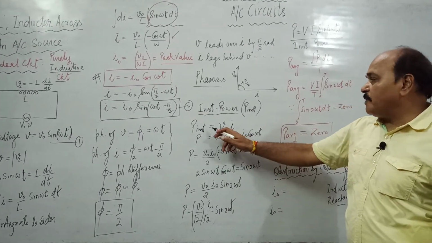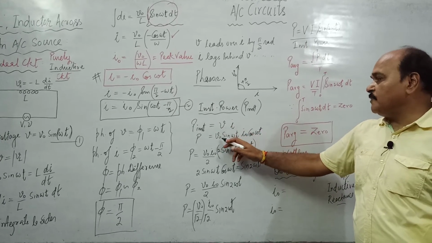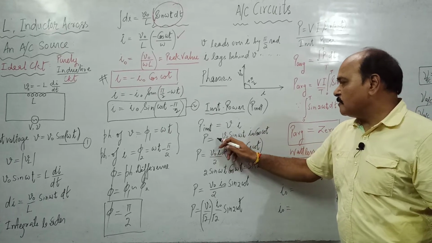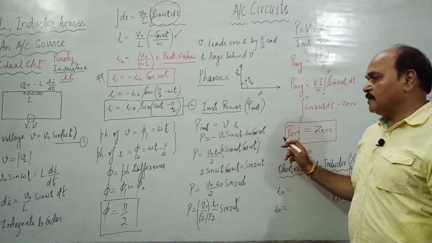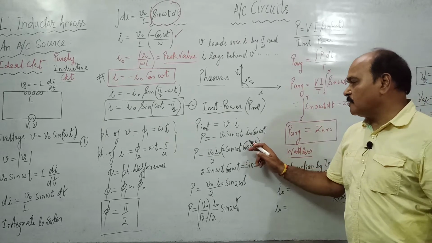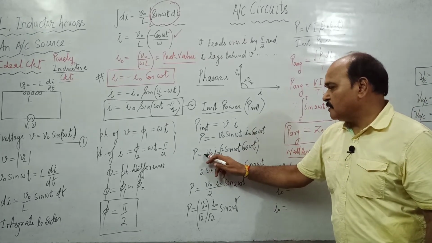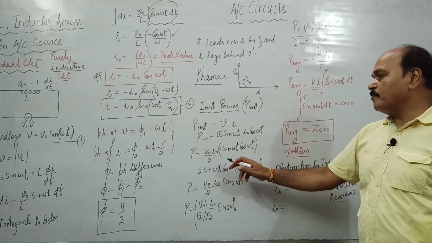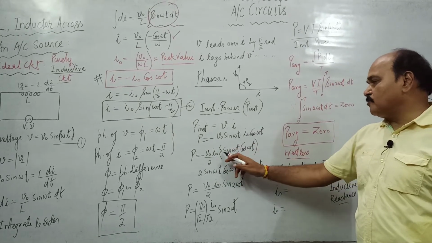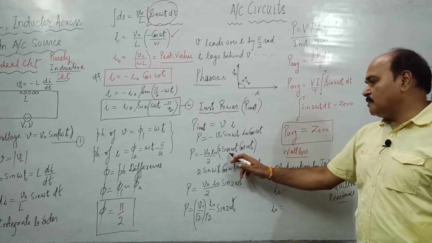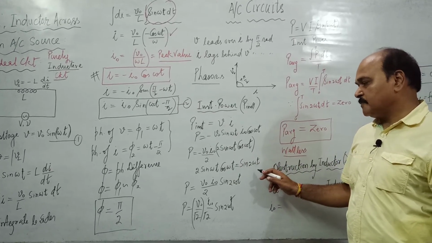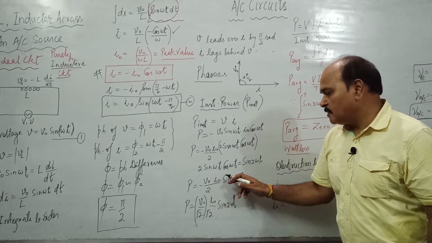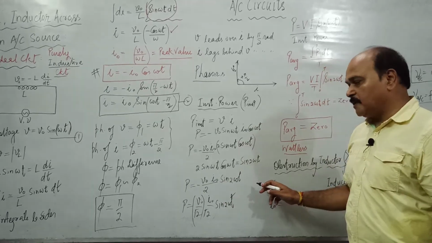So the instantaneous value of power is V into I. V is V naught sine of omega t, and I is minus I naught cos omega t. V naught I naught, yes, we have a negative sign here. V naught I naught upon 2, we multiplied and divided by 2. As usual, the numerator becomes 2 sine of omega t cos omega t, and this is nothing but sine of 2 omega t. So what is this power? The instantaneous value of power is minus V naught I naught upon 2 sine of 2 omega t.